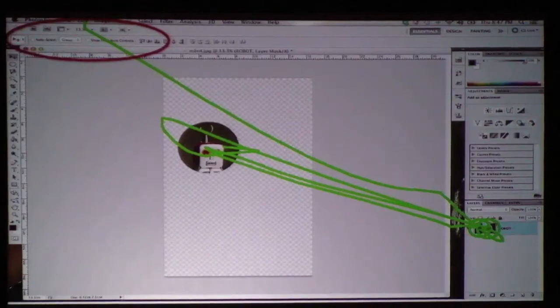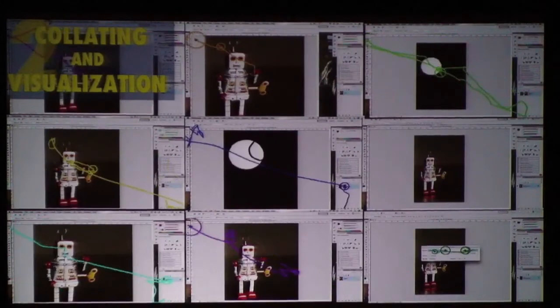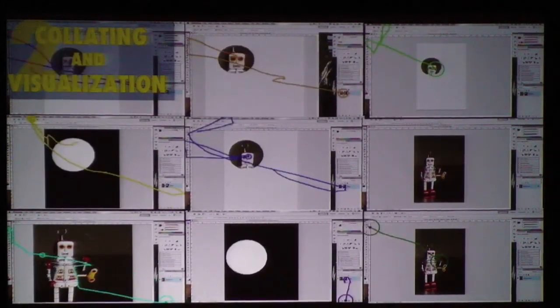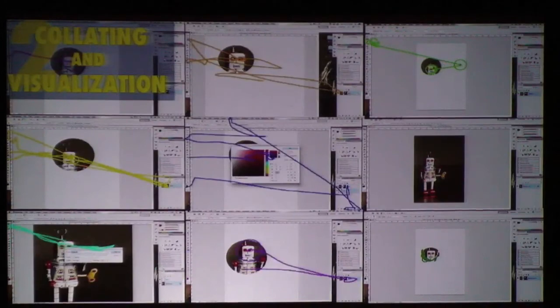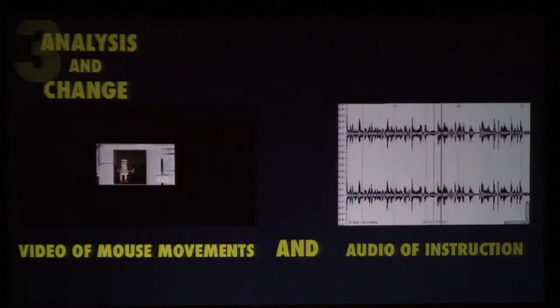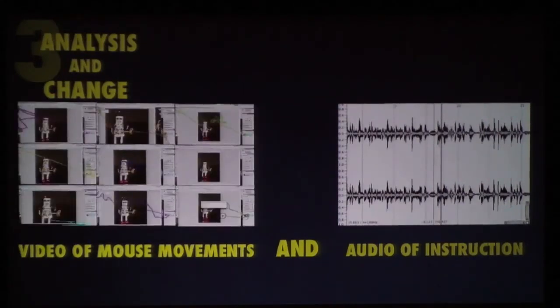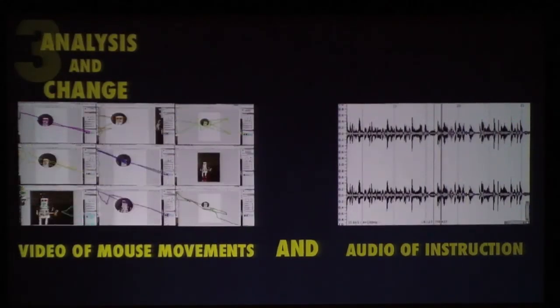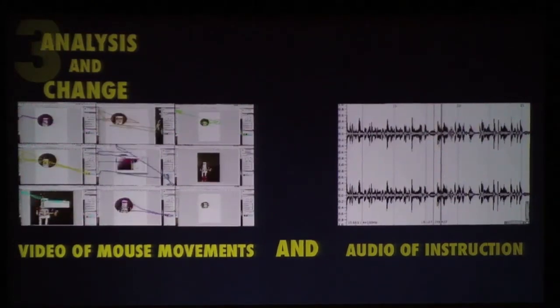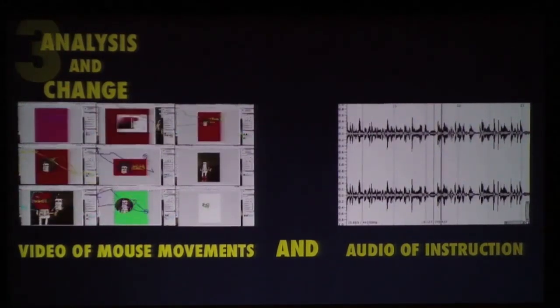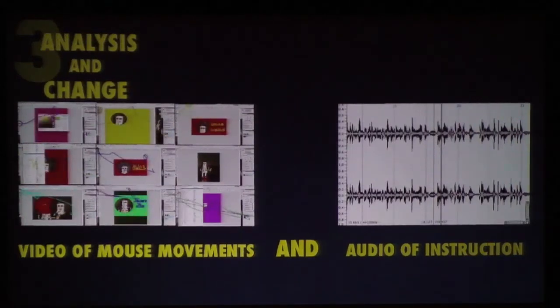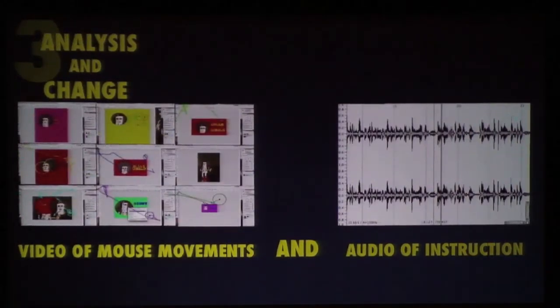Once you get good at analyzing a single frame like this, you can start animating it and looking at patterns across the classroom. So this is an example. In the middle there is the instructor, what they're doing with their mouse, and then all around them is what the students are doing. And you can start looking at that, looking for patterns, and then comparing that to an audio recording you made of the instruction. That way you can fine-tune. You can find a single sentence that confused everyone. You can really know what's working.